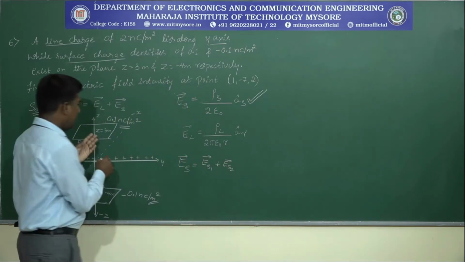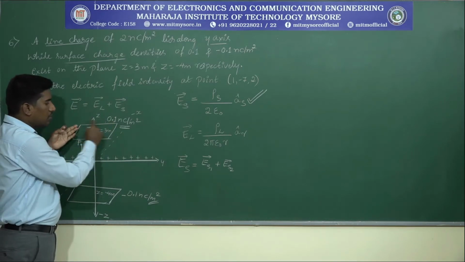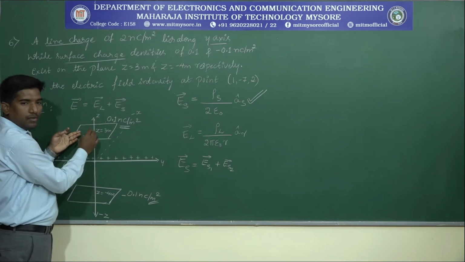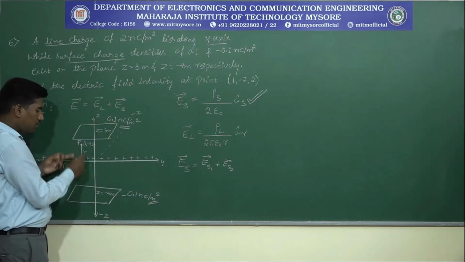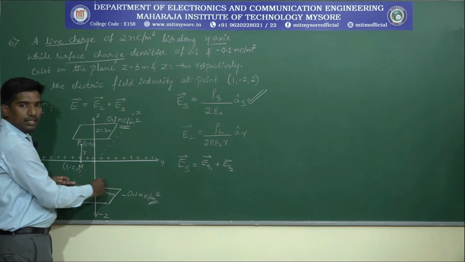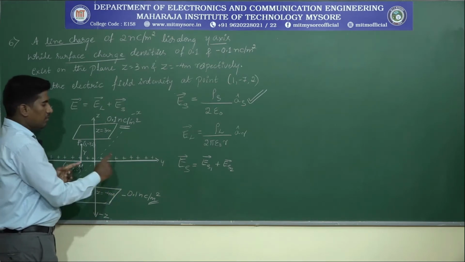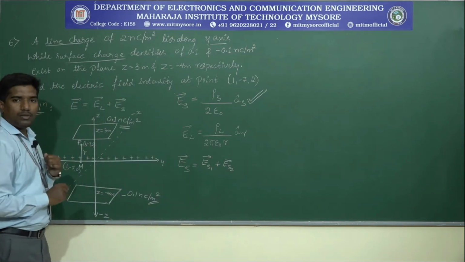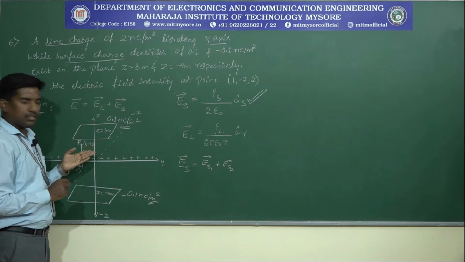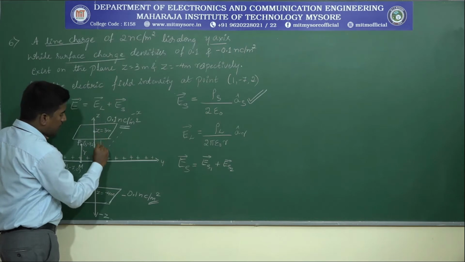See, the electric field intensity contribution from the positive z-axis surface is ES1. The electric field intensity at point P due to the negative z-axis surface, that is minus 0.1 nanocoulomb, is ES2. Got it? So we need to calculate ES1 and ES2. And one more thing, according to the convention of charges, we know that the electric field intensity is pointed away from the